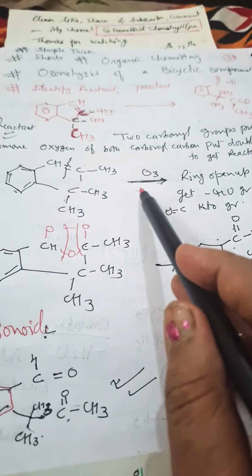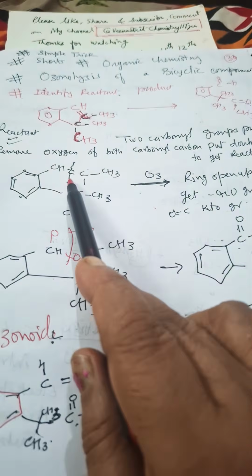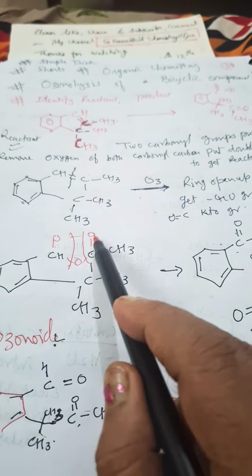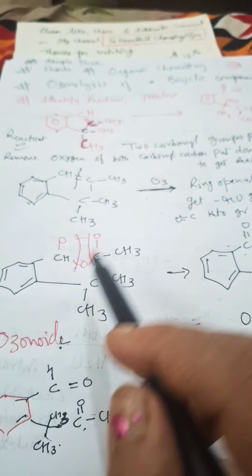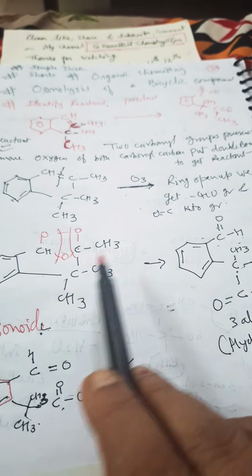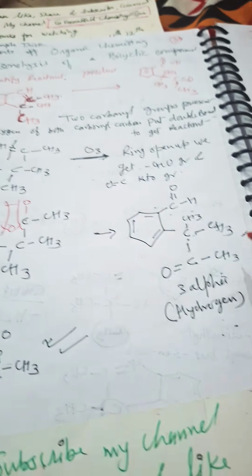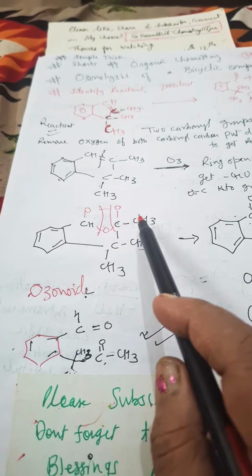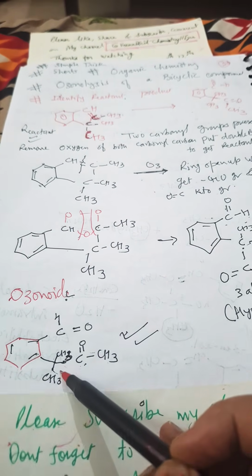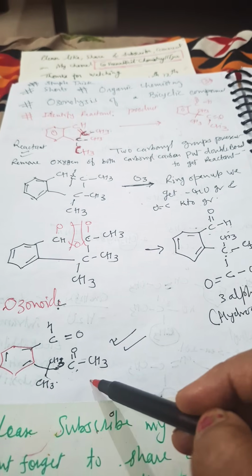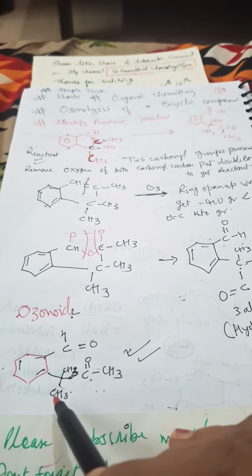So during ozonolysis, what do you have to do? Remove this, omit the double bond, put O and link them together, and then cleavage occurs. So the CHO group is different and the COCH3 is different. COCH3 alone will not be there, so it will be a keto group. Here I have written C double bond O CH3, okay, and COCH3 down. So in this way we'll get an aldehyde group as well as this keto group in the same molecule.